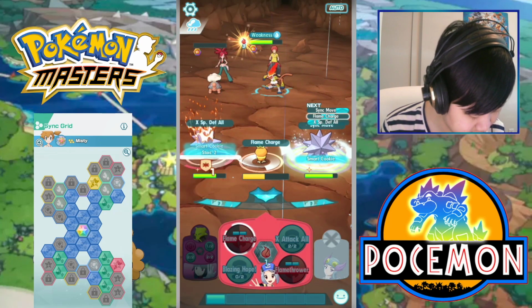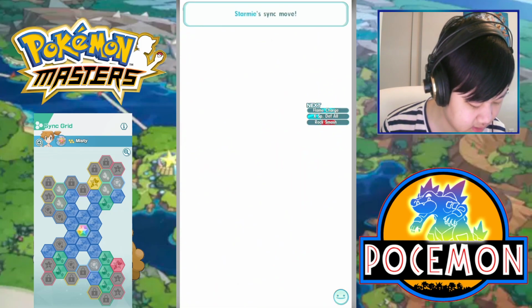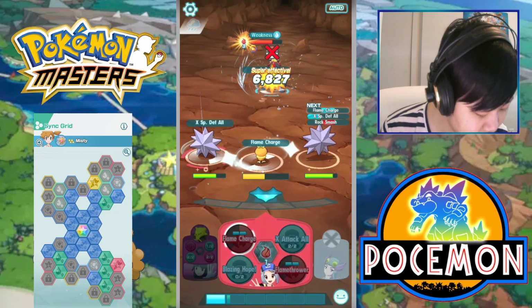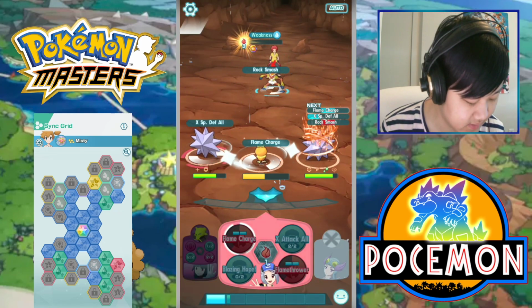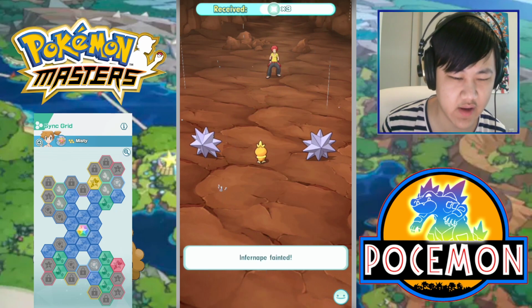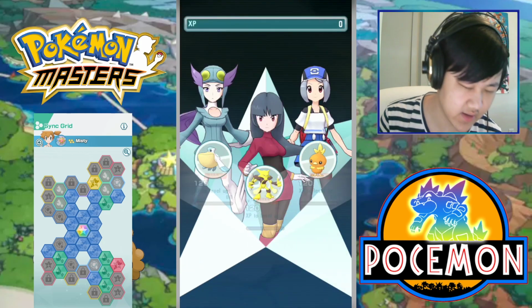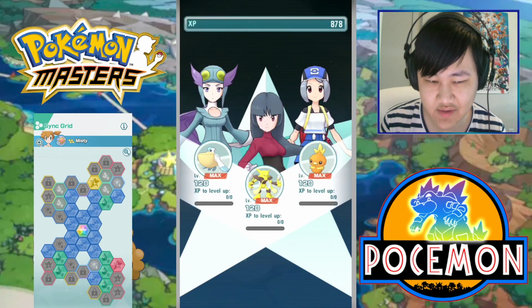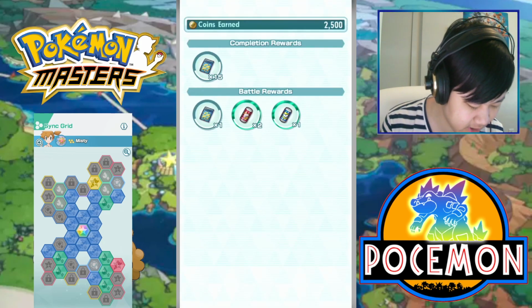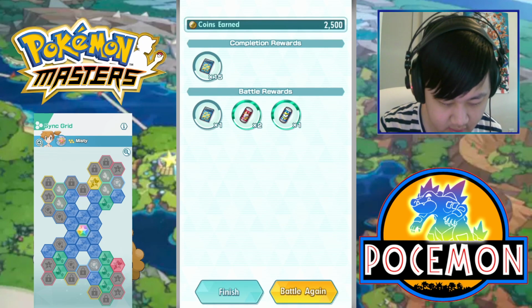They have their sync moves in. And that should be the end, Infernic. If not, okay. Well, there you go. There goes that. Because Starmie's sync move does have, I think, a higher special defense, higher sync move counter, right? It's not like a sync nuke, but it does increase your potential there, right? So, anyways,